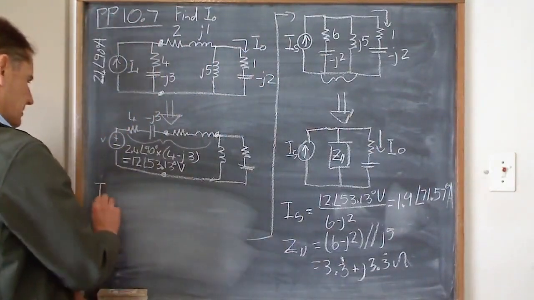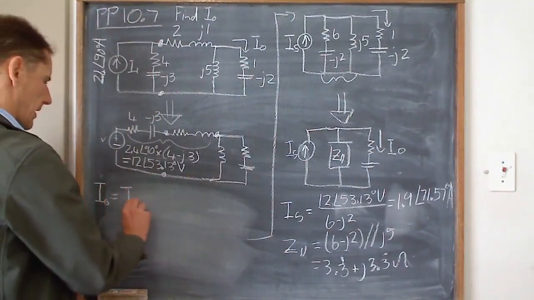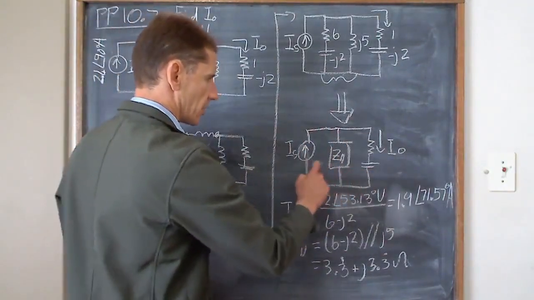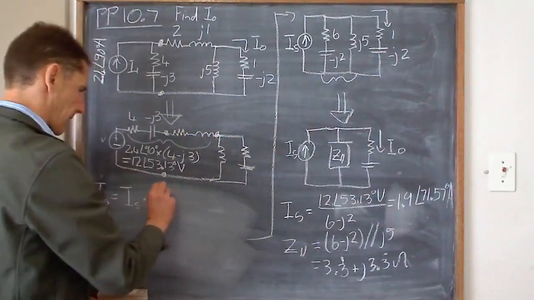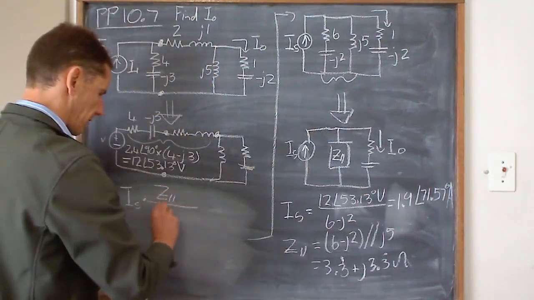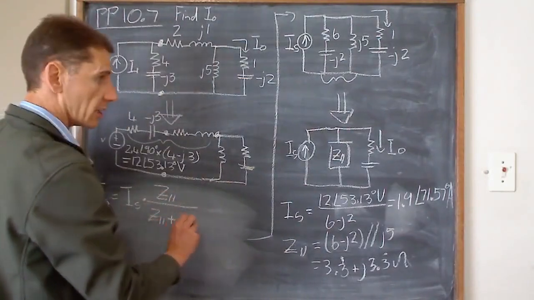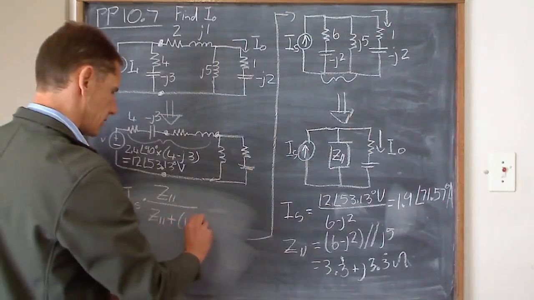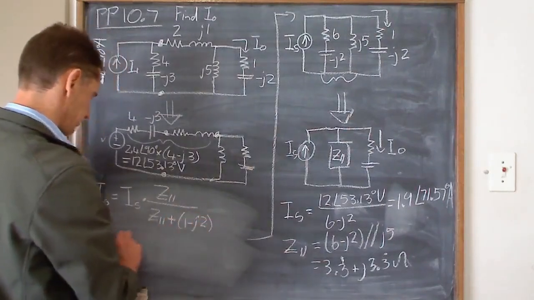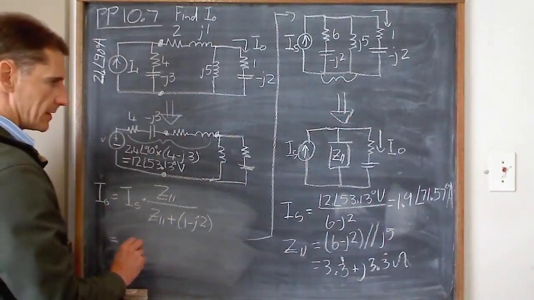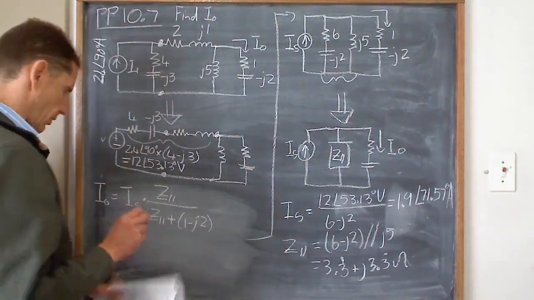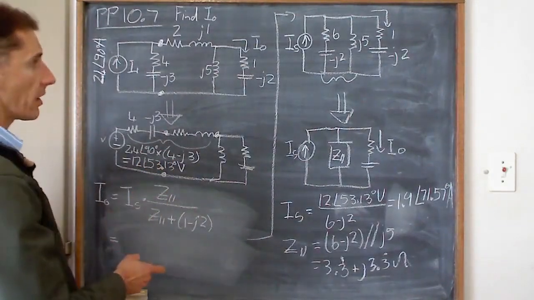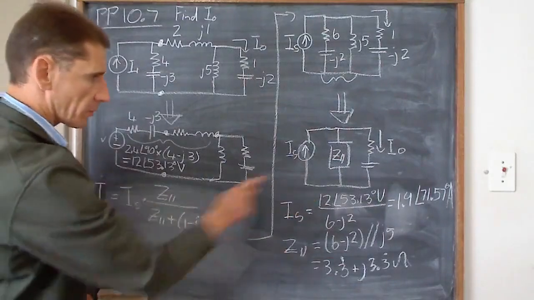Okay, so now we can say I out equals this IS multiplied with what? The IS splits between the two. So I want I out, so I need to put the Z parallel at the top. Z parallel over Z parallel plus 1 minus J2. Okay, so did I write it? I probably wrote it out here. So my IS, did I just wipe my IS value? No, it's there. Then 1.9